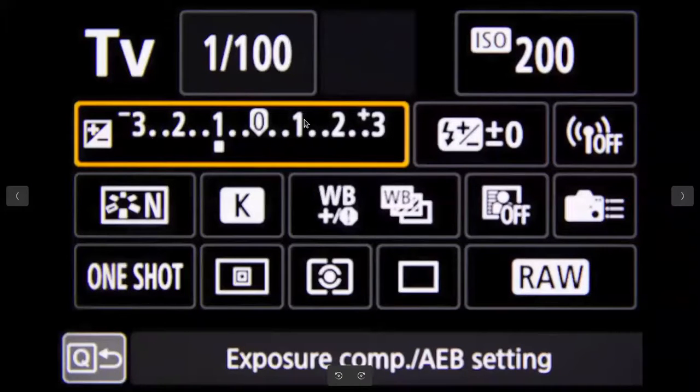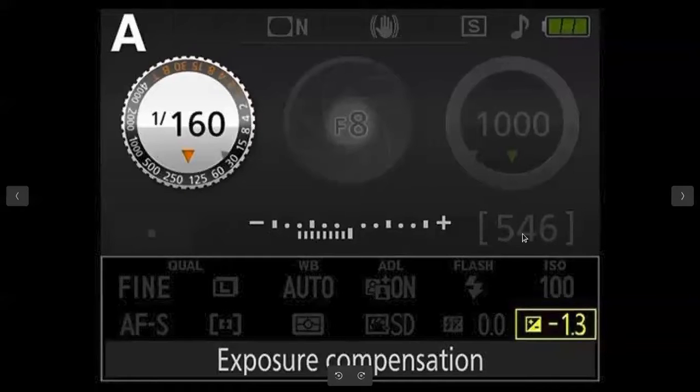This is a screenshot for Canon camera. This is the option. Let us say you have taken a photo like this. If you want to make the photo brighter, by level 1, you can select this. Level 2, one more step. Level 3, one more step. So like this you can do. For Nikon camera, you can do the same like this. So these are the levels. You can select the way you want. If you want to make it brighter or darker, depending upon that, you select the exposure compensation level.